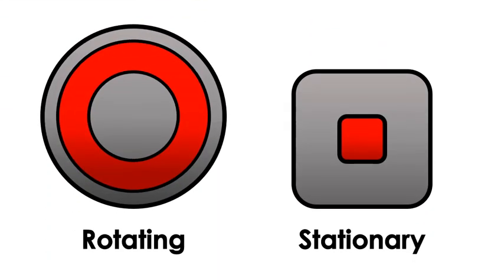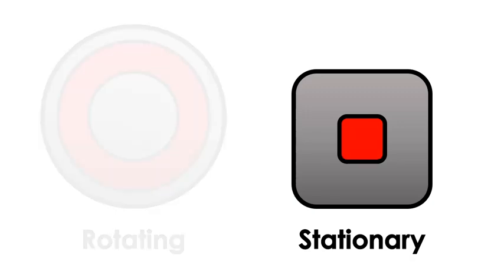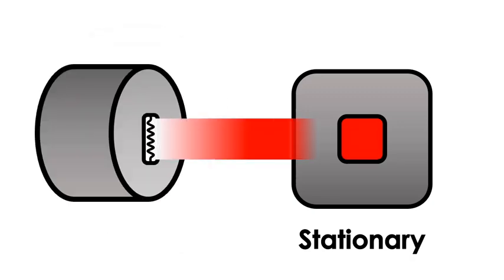The next major component of the X-ray tube is the anode. This is where the X-rays are actually created. There's two types of anodes, rotating anodes and stationary anodes. Each anode type has advantages and disadvantages. Let's start by talking about stationary anodes. The anode is literally stationary, and so that electron beam is focused onto one small area on the anode. This also means that all of the heat is focused onto one small area on the anode.